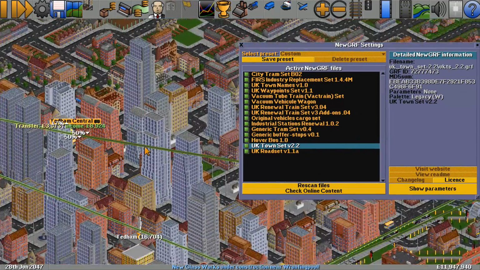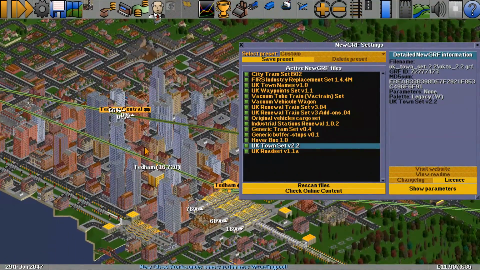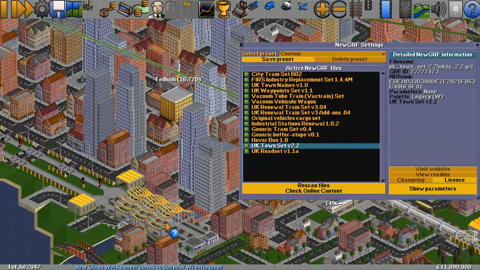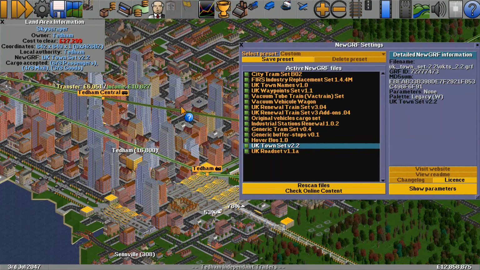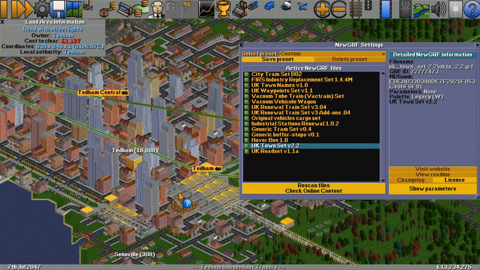Okay, so these big skyscrapers that we're seeing in Tedham. Let's have a look at some statistics on one of these. There we go. Skyscraper at Tedham. Cargo accepted, 6 of 8 passengers. Well, it doesn't really convey a lot of passengers, does it? Oh well, never mind. It's the UK town set, I think, that's doing these buildings, and to be honest, I